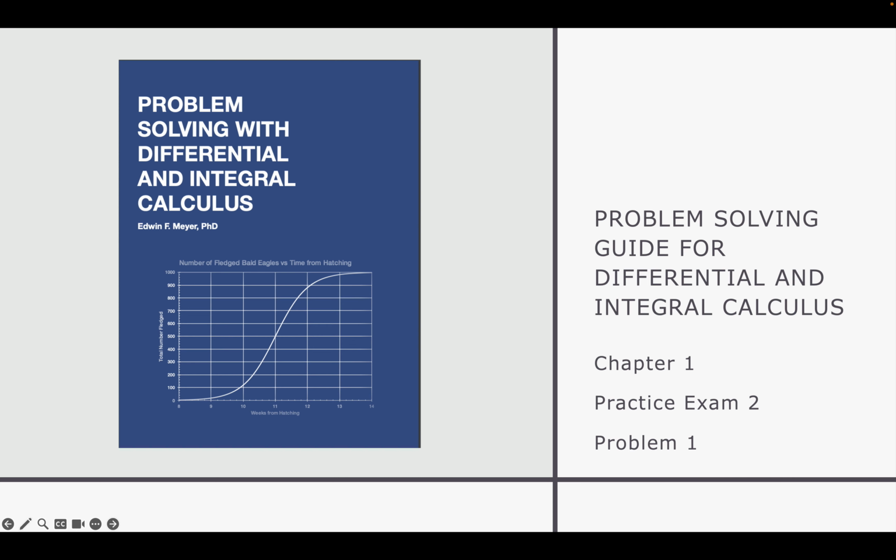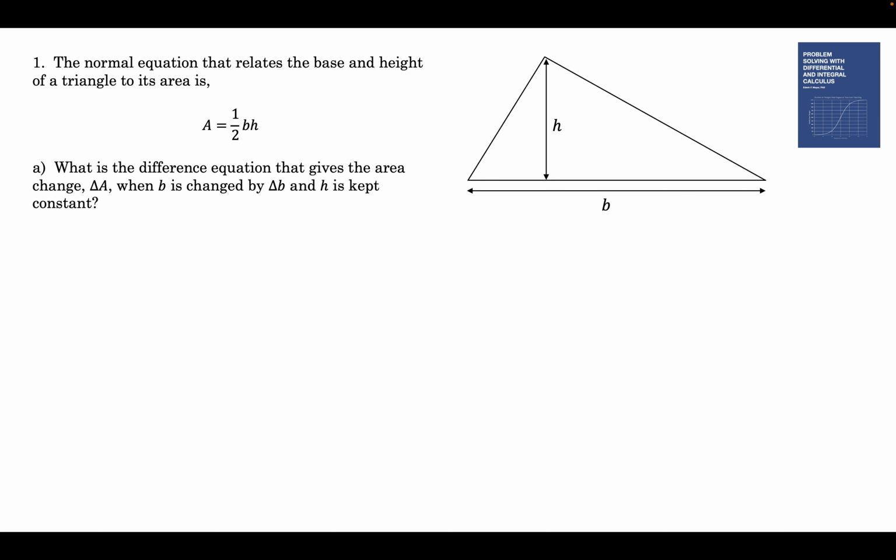This is problem 1 on practice exam 2 of chapter 1 in the book Problem Solving Guide for Differential and Integral Calculus. The normal equation that relates base and height of a triangle to the area equals 1/2 base times height. You probably know that one. What is the difference equation that gives the area change delta A when B is changed by delta B and